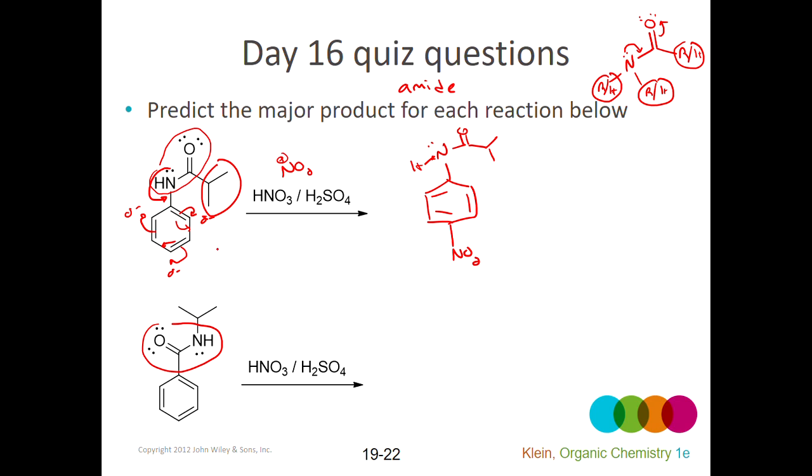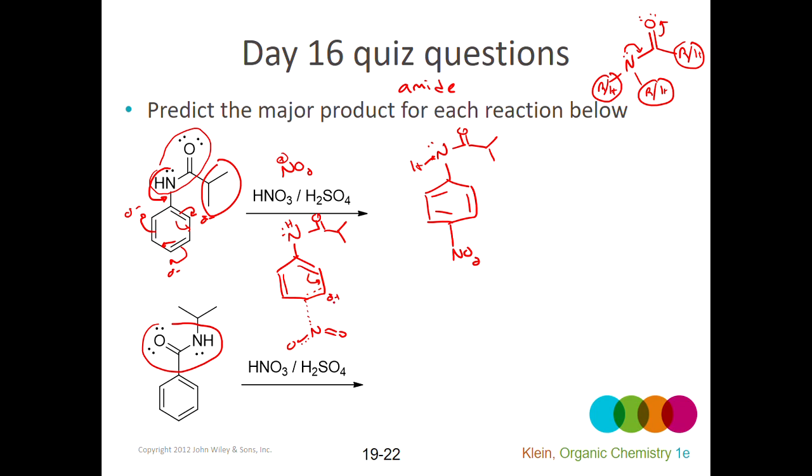It's because during the transition state, when the electrons start getting pulled out of the ring to connect to the nitro group, and they get pulled away from this carbon,